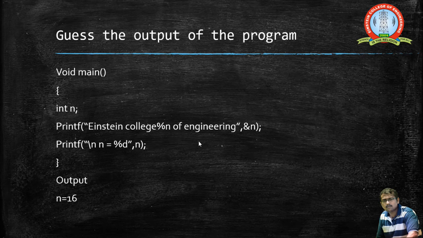As we have seen earlier in so many programs, we use the ampersand symbol to get the values in a scanf statement, but we are doing it here in a printf statement, where I am using an ampersand symbol and getting the values. So the value we get is the number of characters before this percentage n, which is stored here in n, and n returns a value of 16.